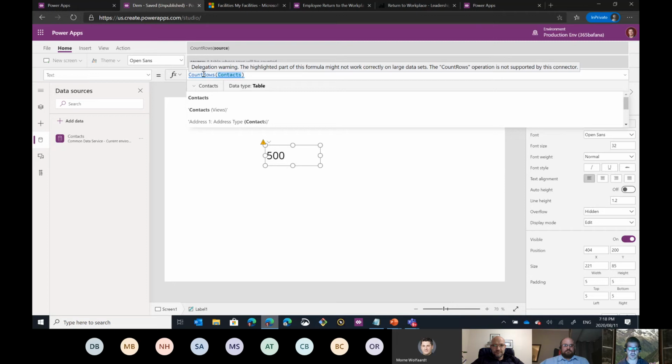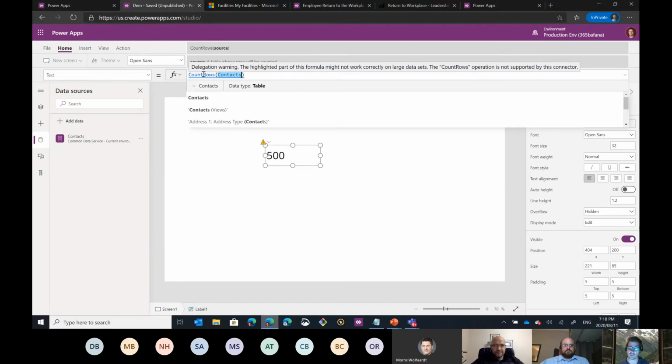What it's actually going to do is return all the rows, in quotes, all the rows that it can, and then it'll count them. So it returns all 500 into the client, and then it counts them. So even though I have way more than 500, it tells me there's 500 because that's the max that it can return. And I'm like, oh, that's not cool.